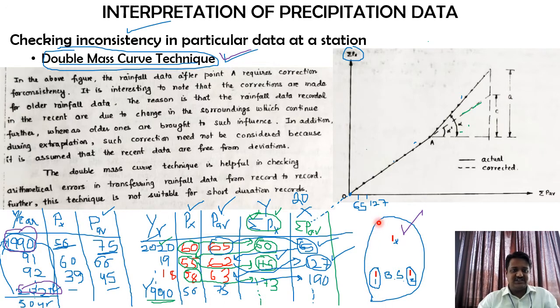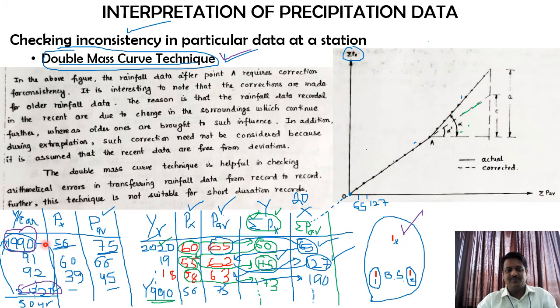In this catchment area that I have shown, there are 3 rain gauge stations. Out of that, one station is X, for which we are trying to check the inconsistency of the data. Keeping that in mind, the first one and second one together I am going to call base stations. Similarly, the other station X, for this I am going to call Px. Whatever data is collected from station X is written over here, and similarly the average of the base stations, that value will be written over here. Okay, so this is how the question will be given to you.